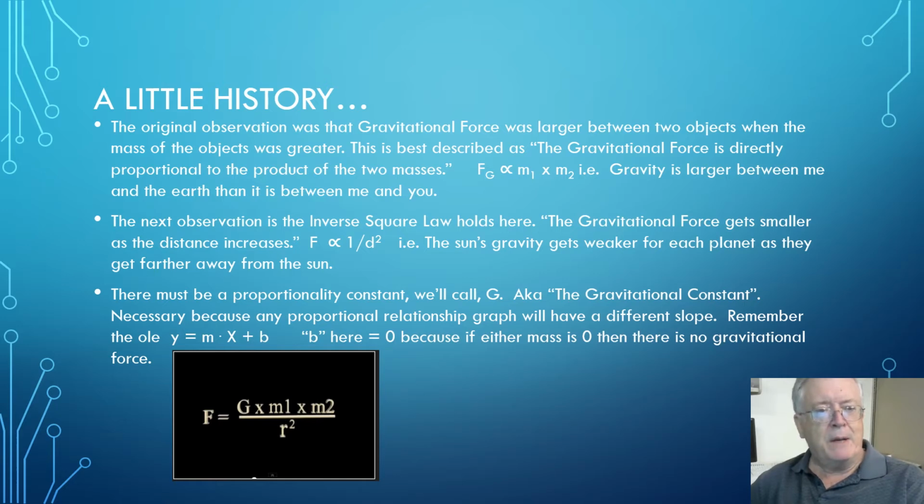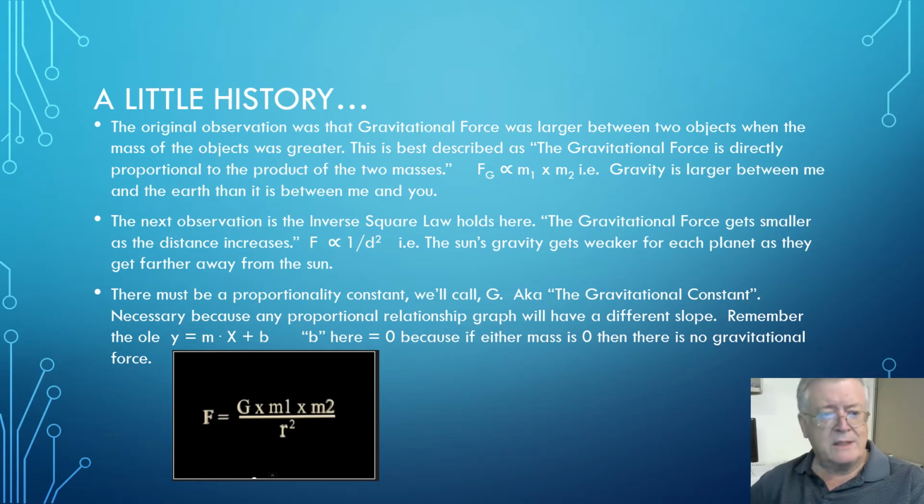Okay, so if we combine those two observations, we get the force is proportional to m1 times m2 divided by r squared. So when you do proportionality kinds of things, you need to put a constant in there. So we just call it Big G. It's a constant,